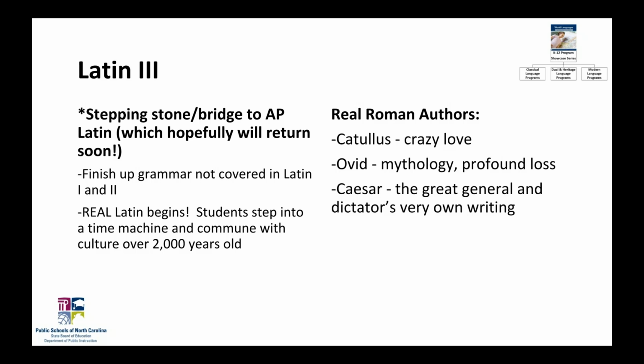And then, of course, the famous Et tu, Brute, that ended his illustrious career. But students get to read his firsthand account of all these exploits, which weirdly were written in the third person. Caesar always talks about Caesar in the third person. And so that's kind of where the course ends, and that's where a typical AP course would probably start up, reviewing some of those same texts and passages, and better prepare the students for the types of essays and test questions that they're going to see on the AP exam. So that's what we have for you as far as Latin 3 goes.